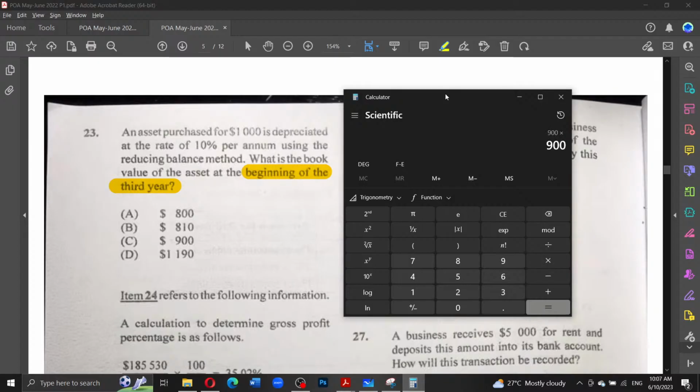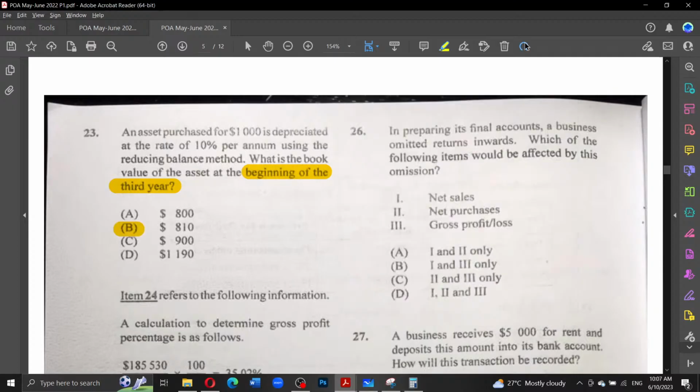So you have to reduce it by another 10%. So this here is going to be $810. Or you can use the formula. I hope you know it because you're supposed to know it for maths. So depreciation